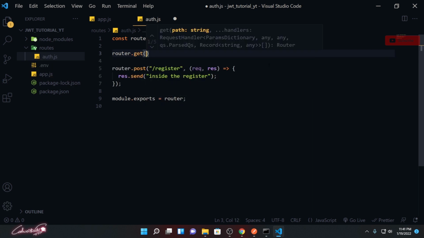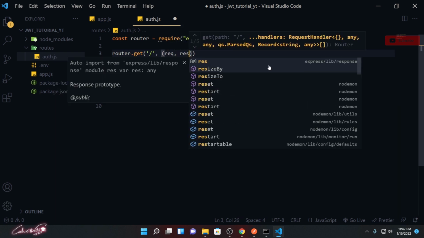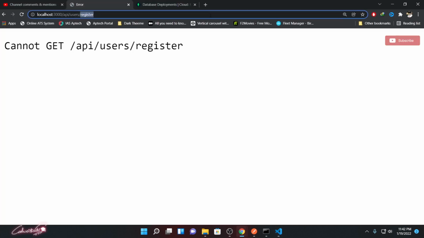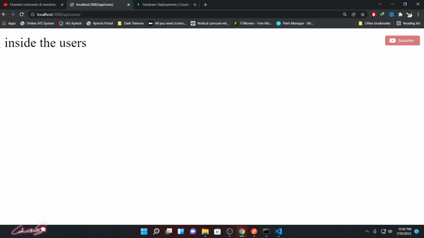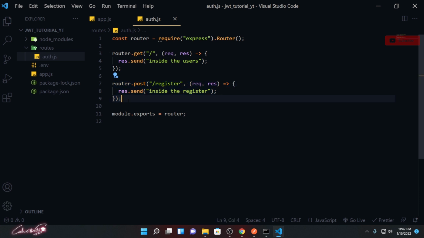Get a root directory, request comma response, open it, and response.send, and over here inside the users. You can see that it's showing inside the user, because this is a post method. For that we need to send form data as a post method. Okay, so now our middleware is up and running fine.